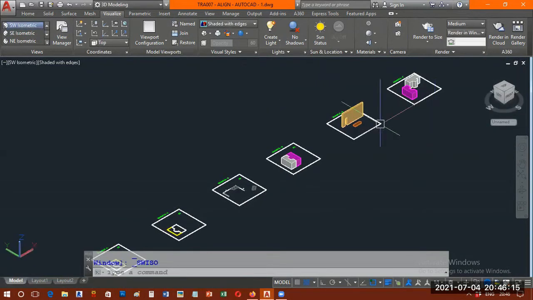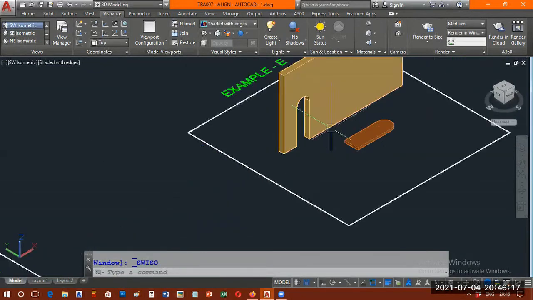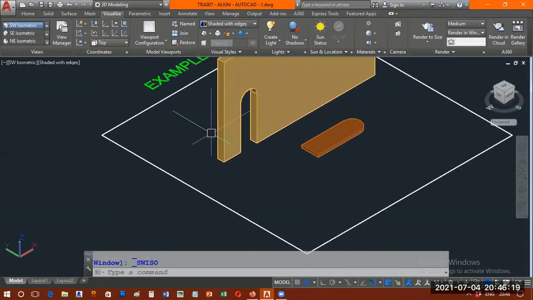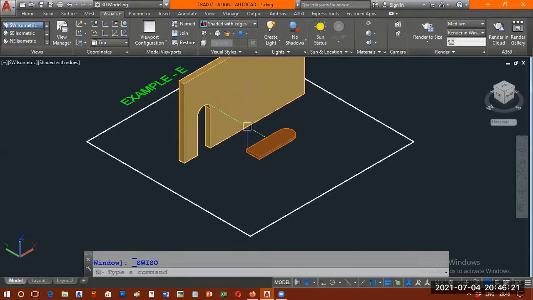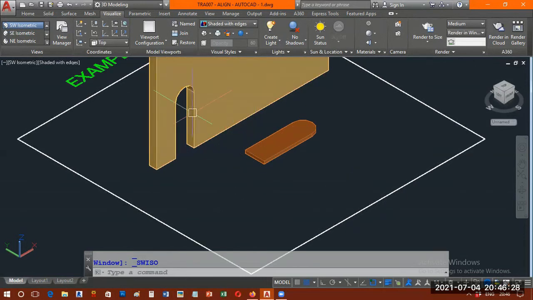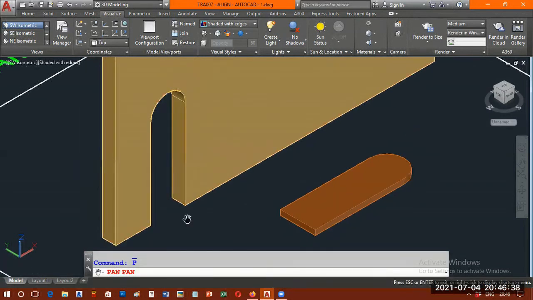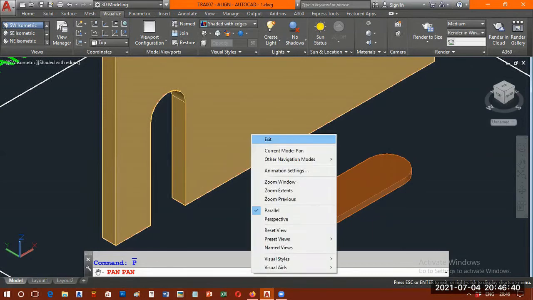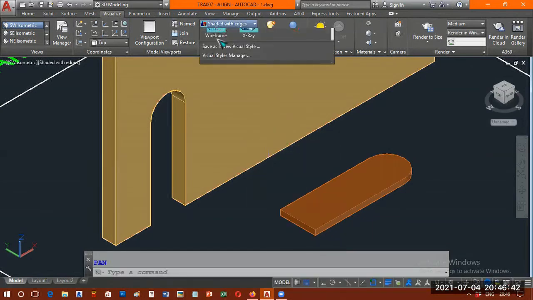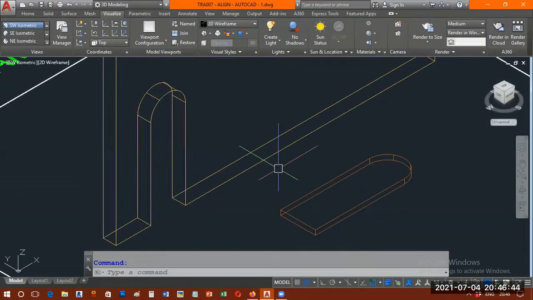Now, similarly, I have one more drawing here. You can see that example, that what we stands for E now. Example E. Here you can see one cut open of the wall here and one door. See the different angle of the cut open of the wall, and the door is lying on floor. It is a flat. Now, normally if you do in 3D model also, you need to move and you need to rotate in different axes. But I can perform this by using the align command only.